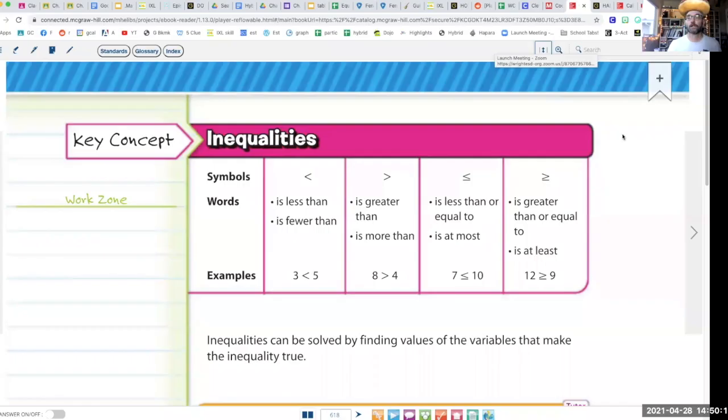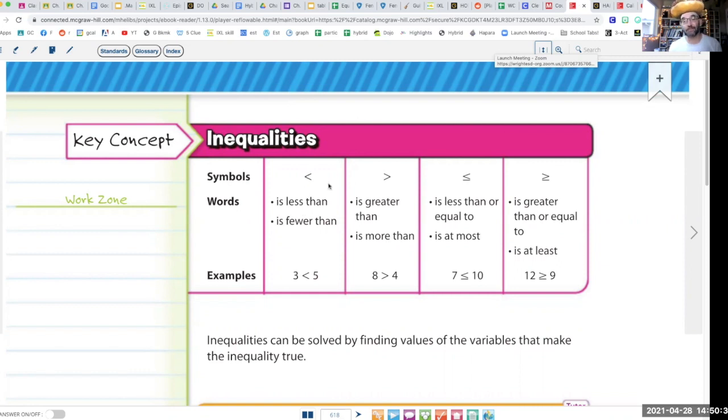Hi, everybody. We're on chapter 8, lesson 5 in your books. That's page 618. Okay, so now we're on page 618 in our books. Please open your books to page 618. These are the 4 symbols that we're going to be using for this